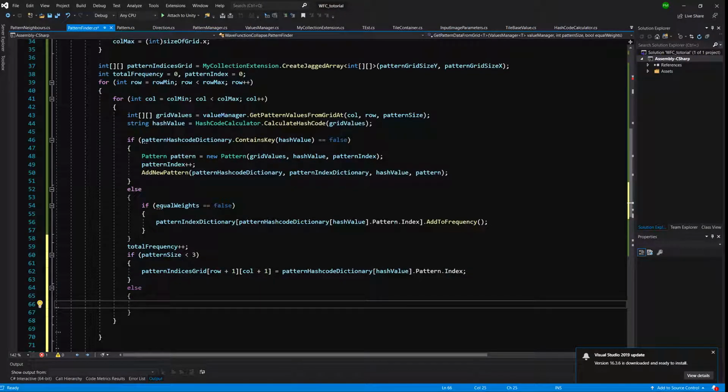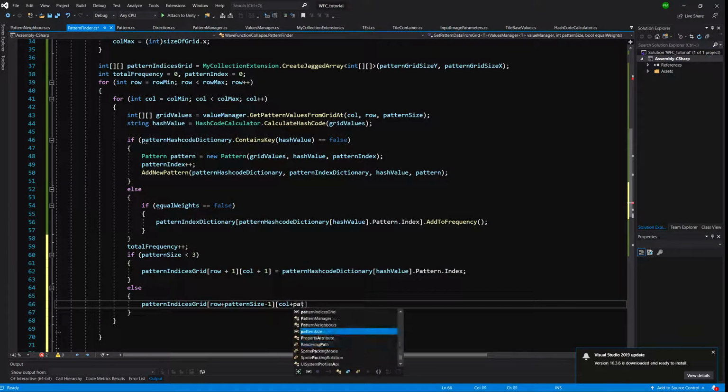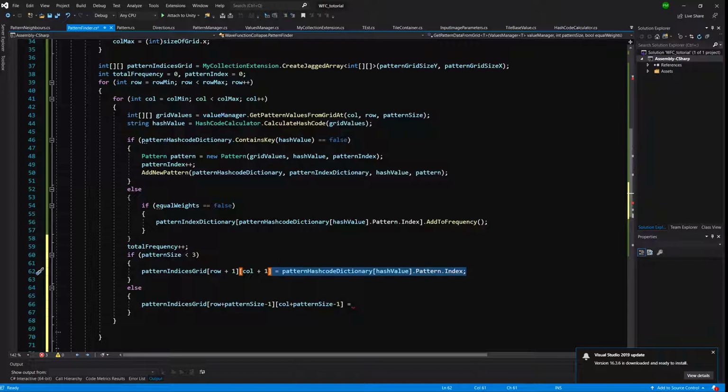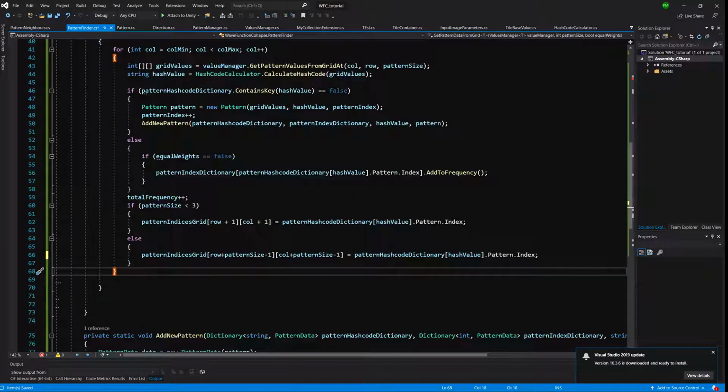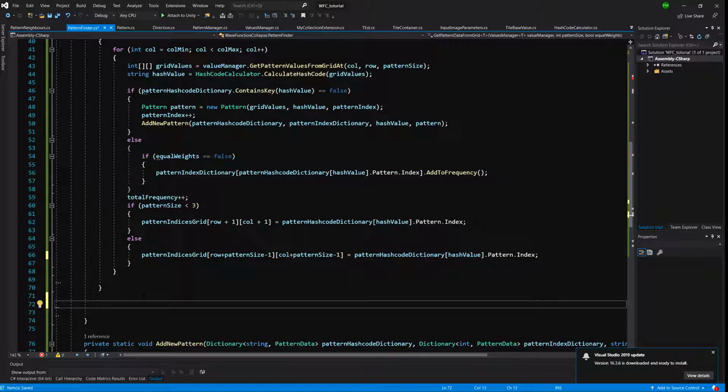Okay, in the other case, we need to add the pattern size to row and to column and decrease by 1 to get the valid coordinates. So let's do this now. So row plus pattern size -1, and it will be equal to the same as above. Okay, great. And now we can go back down here and calculate the frequency, relative frequency,